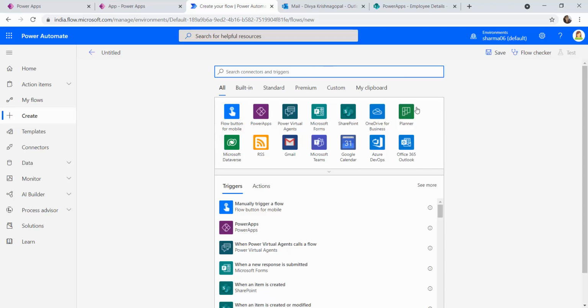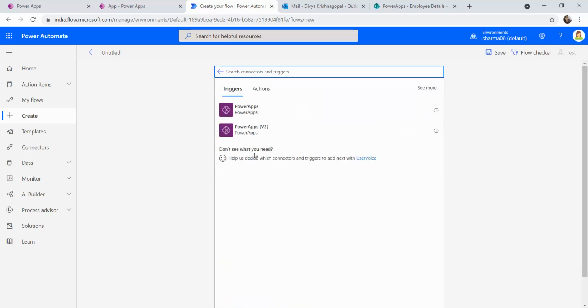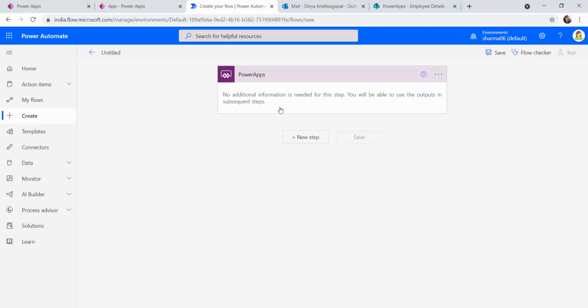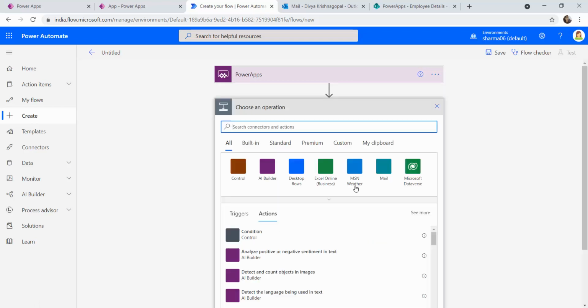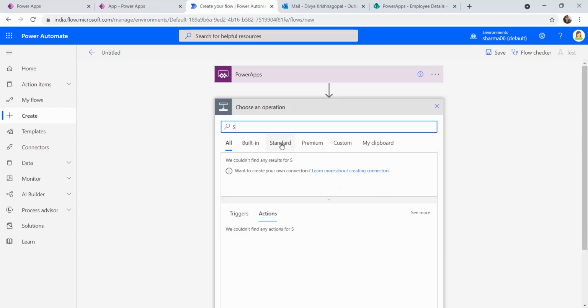From the options below, you can see the Power App option. Click on that and select Power Apps, and this is the trigger point. You need not do any other actions other than this. So this is the trigger point, and next step, we will be sending email.